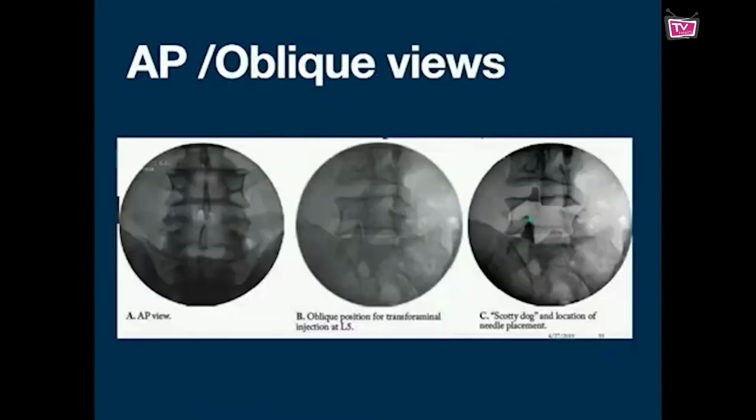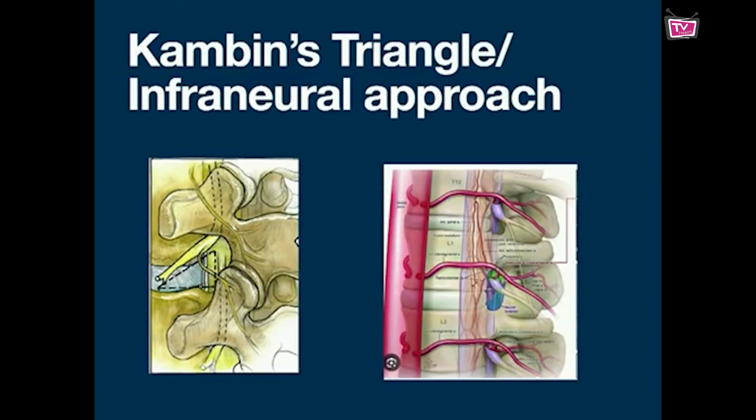Again, these are Scotty dog views, and you have to basically go below this neck. That is the whole area. You can use the transforaminal or the supraneural approach. The supraneural approach has issues: basically the radicular arteries at the higher level, it's a bit of a crumpled space. It's very rare, although, but you can tend to injure these arteries and even the nerve as well. Most of the time when you put the needle, if it hits the nerve, the patient jumps, and you know that you are there.